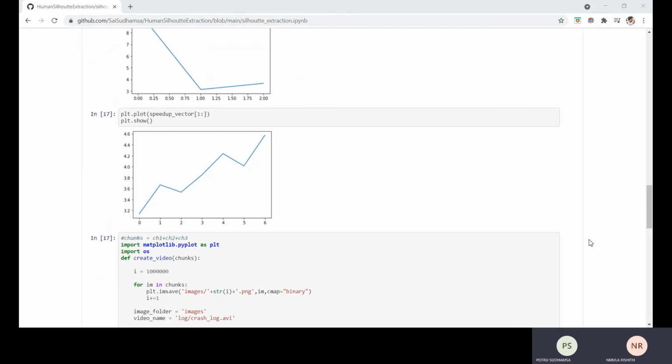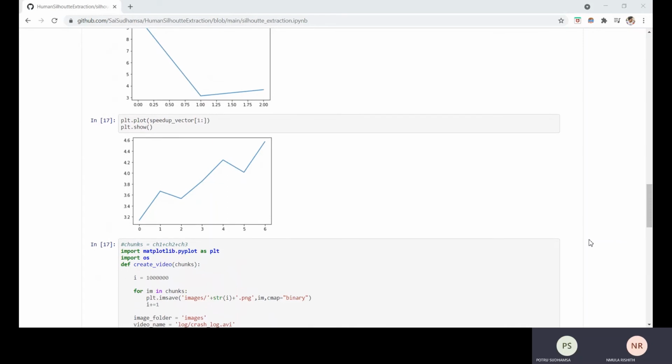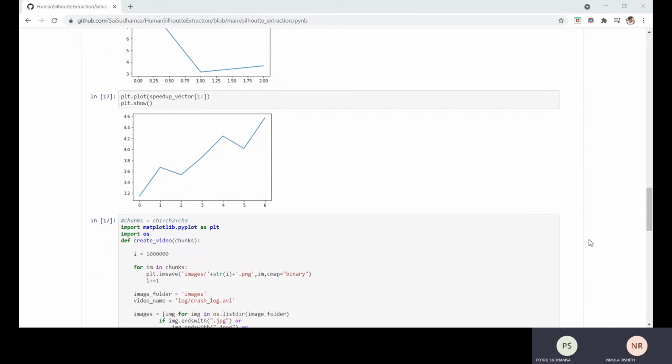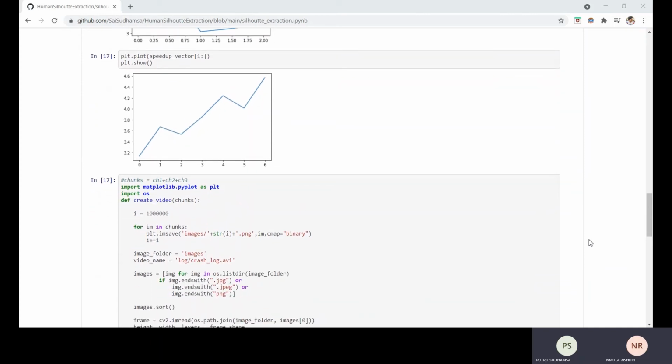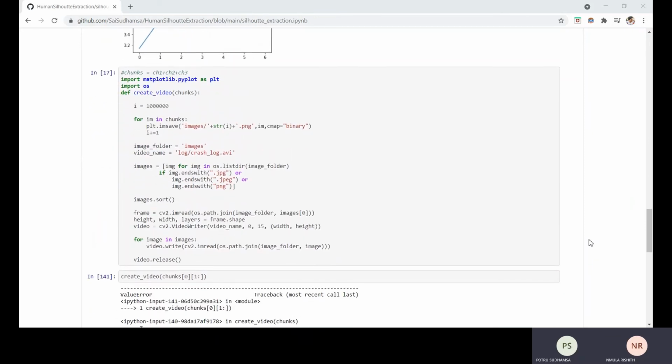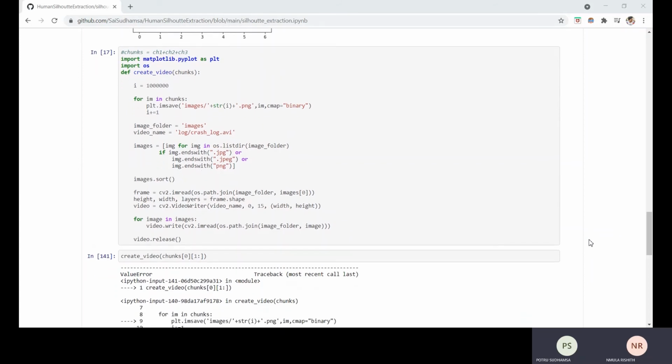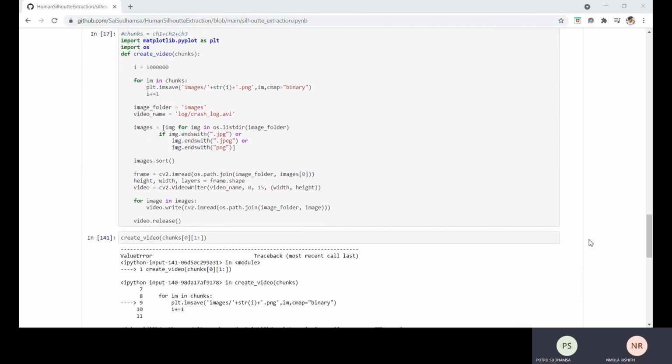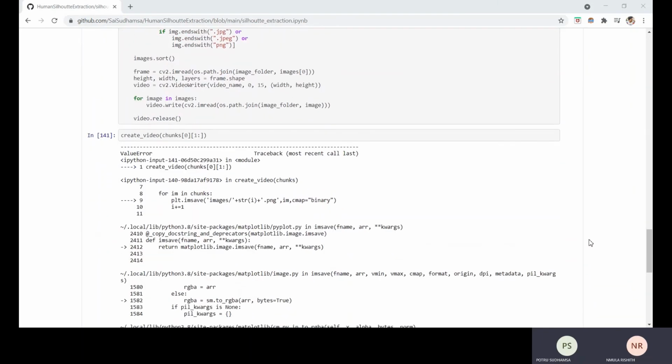As I have divided the video into chunks of 20 frames, 40 frames, 60 frames, 80 frames, and so on, for each of them we can see the performance increases, and sometimes the performance also decreases for unknown reasons. The last function is used to create the video of the output, and the video gets saved in your local environment. Thank you so much.